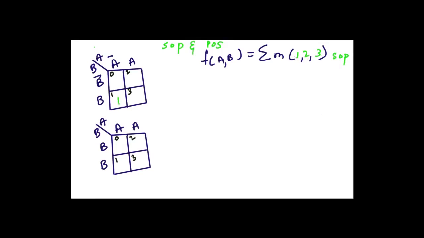In place of 1, 2 and 3 I placed ones, and I can group these two ones, then the leftover one I can group with the help of its neighboring one. So now the solution for this K-map is A. That means for this group A is common, and this is one minterm of this group. Next, before writing the other group, there is always a summation symbol. The next group's common term is B. So A plus B is the solution which we already saw in the previous video.